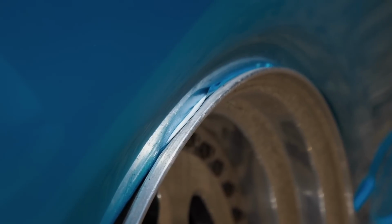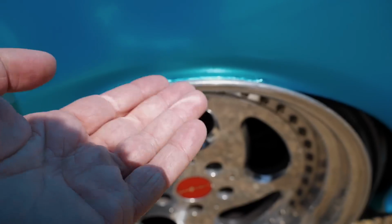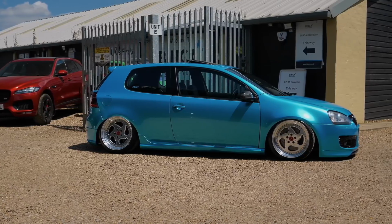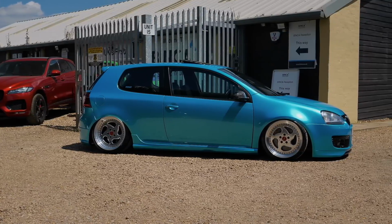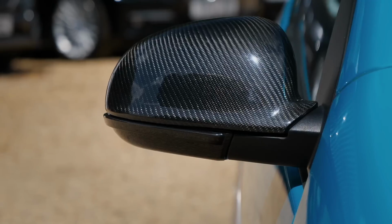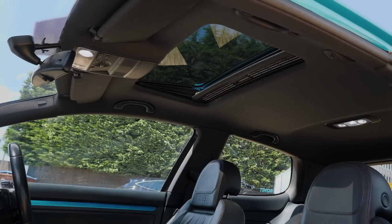Now the wrap does lift a little bit. What we've done is put another little bit of wrap there just to stop it damaging the current wrap, which is a cool feature because this car is so bloody low and it sits on the floor so much that it's actually damaging the arches. That is quality. So we've got carbon fibre mirror caps, we've got a sunroof,